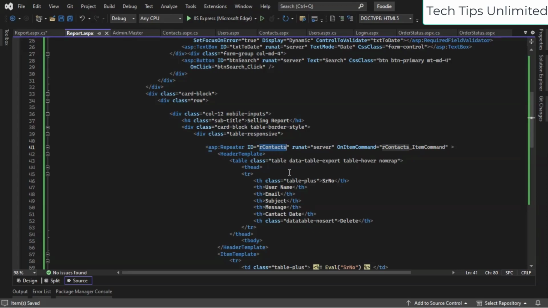Let's change the ID to R, that is for repeater, and for report. We don't want this on item command event. Let's remove. Okay,